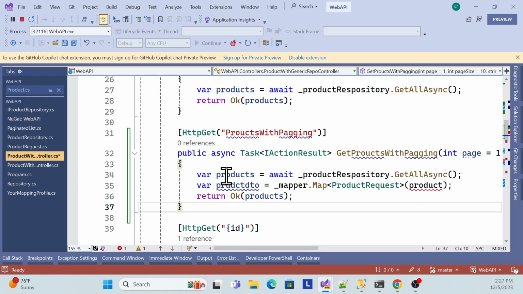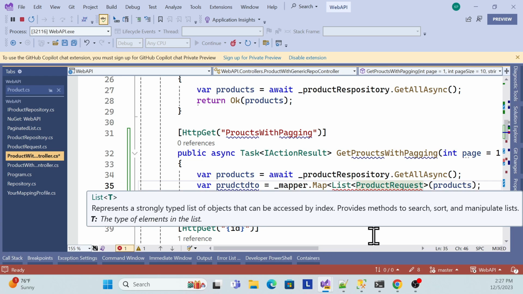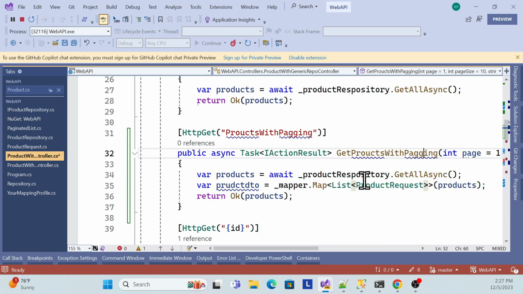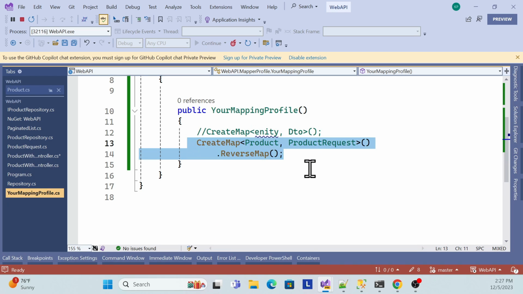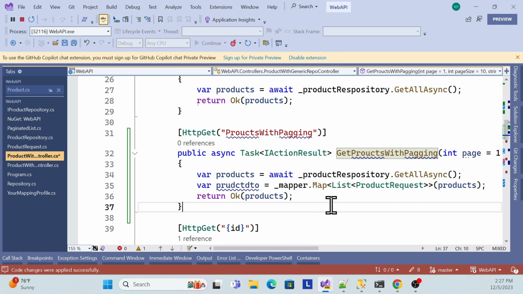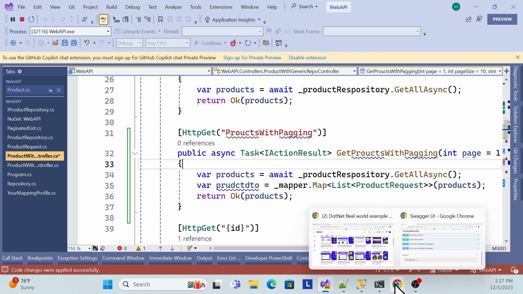One thing I need to do here is pass products, and I just need to pass list, because this time I'm getting a list of objects. Nothing else you have to do, additional things. So let me try